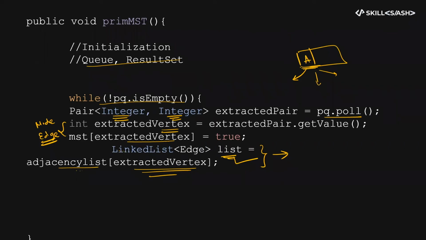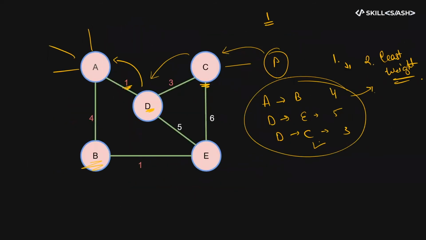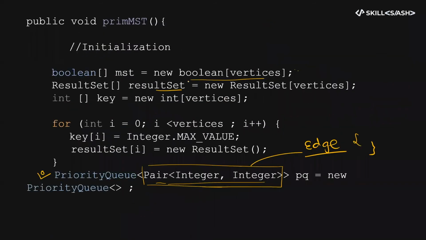While the priority queue is not empty, extract the pair which has the minimum weight. So A, I have taken it up, then I'll choose the D, right? Like the A to D pair, right? Then I'll take its vertex, which is D, and find all of its adjacency list. So for D, how many do you have? D to C and D to E. I'll find both of these out,